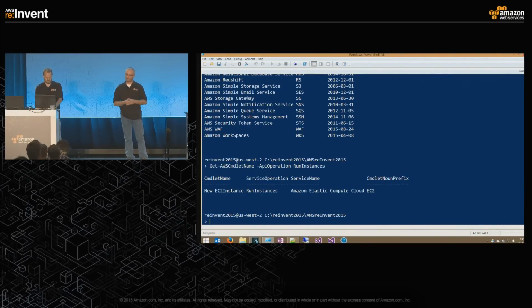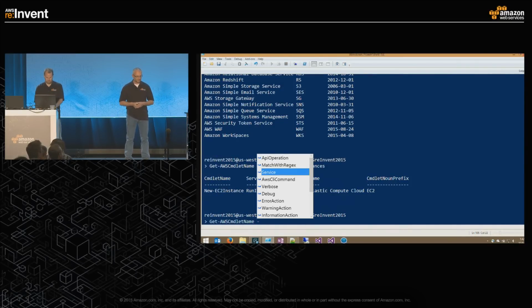It also has another little cool feature. When you look through our documentation, you'll see a lot of samples for the AWS CLI. It can translate, in some rudimentary form, an AWS CLI command into the equivalent PowerShell commandlet name. Right? So this is useful if you find a sample and you want to know what it would be in PowerShell. So to do that, you execute the same commandlet,